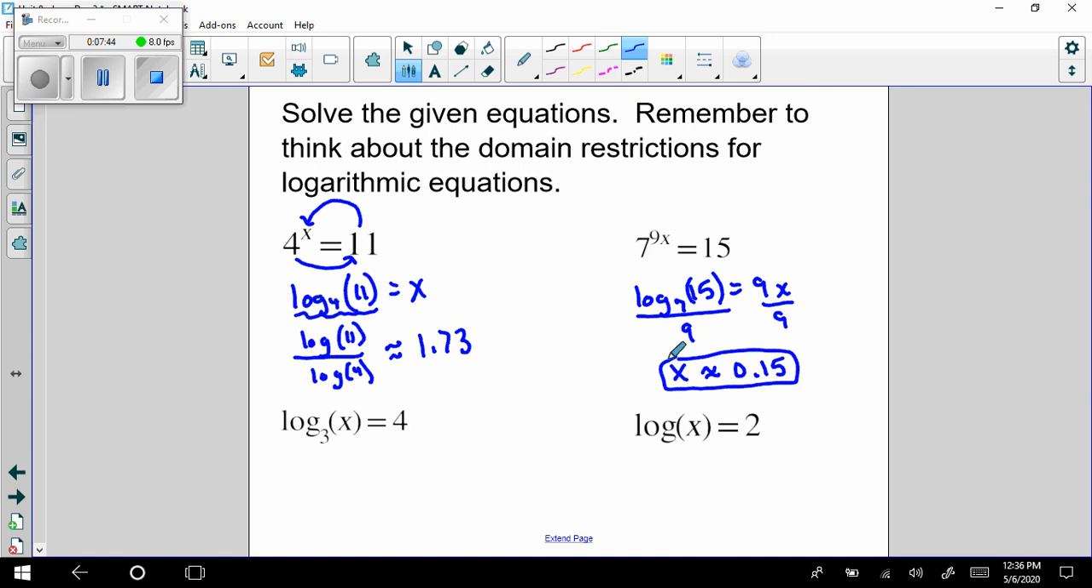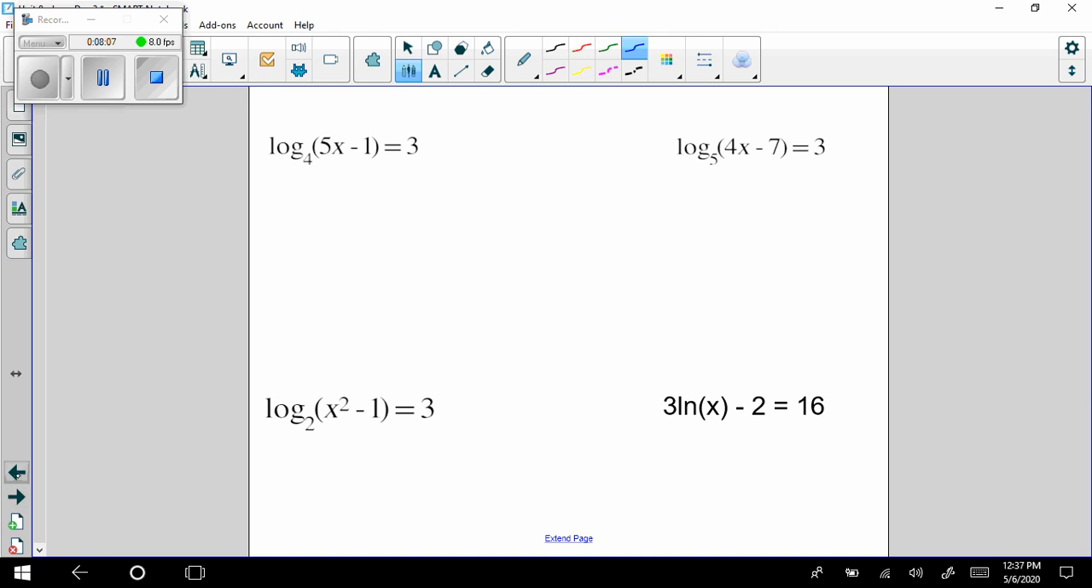Those of you with the older calculators, go ahead and do log 15 divided by log 7. Press enter, and then just automatically go to divided by 9, so you're not rounding as you go. When you're doing your change of base, if you have to do that, you have to make sure you're using your parentheses properly. Okay, so this next one,